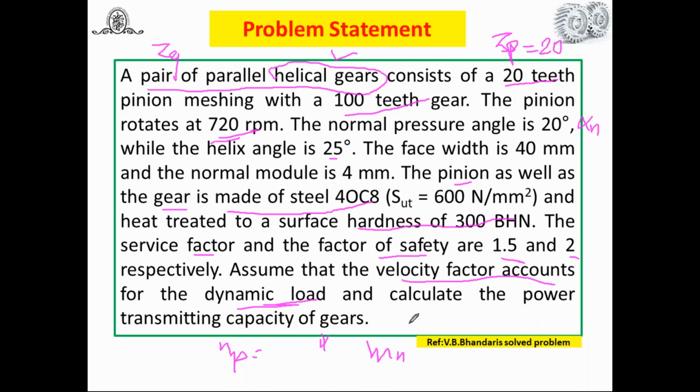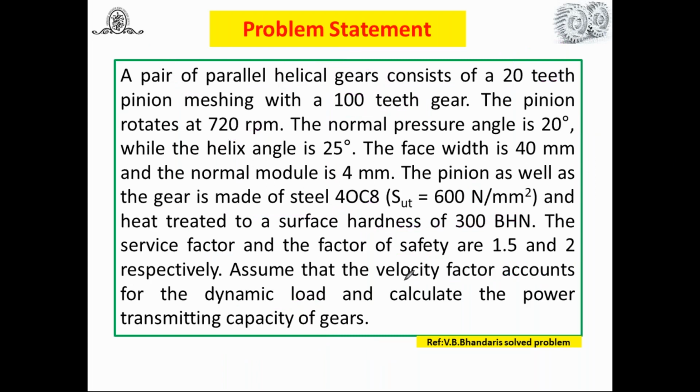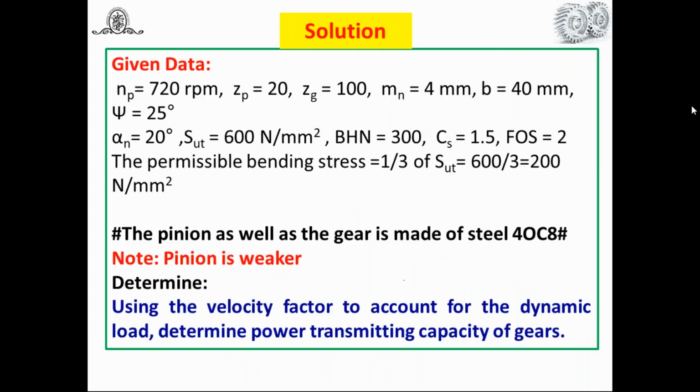Try to understand. In this way, you have to read the problem statement carefully. And once after reading it, you have to write the given data. And as discussed, I have written here all the data. The NP, pinion rotates at 720 RPM, ZP number of teeth on the pinion 20, ZG number of teeth on the gear 100, normal module 4 mm, face width is given 40 mm, and then helix angle 25 degree, normal pressure angle 20 degree, ultimate tensile strength for steel material is given 600 Newton per mm square for both pinion as well as gear. BHN is also given 300, service